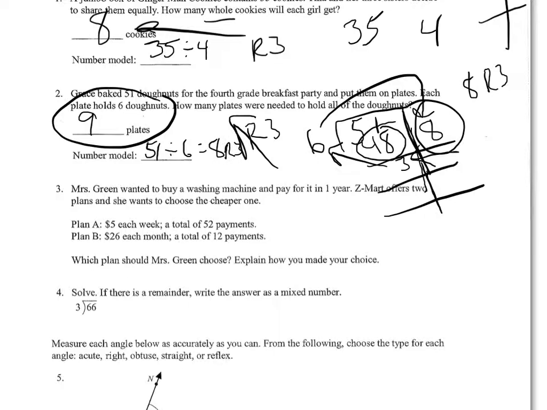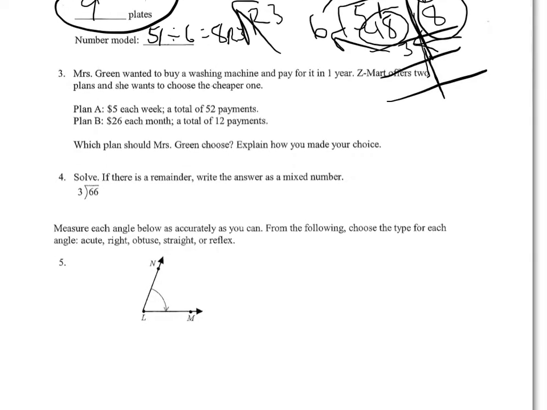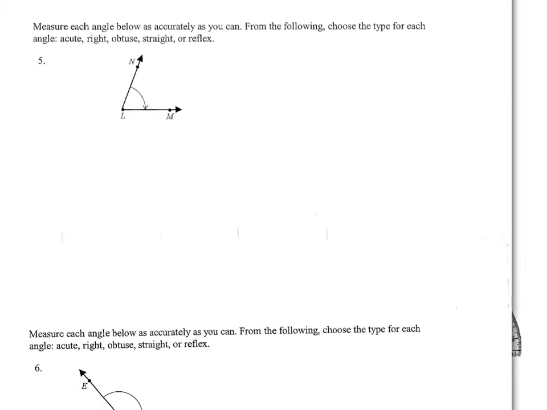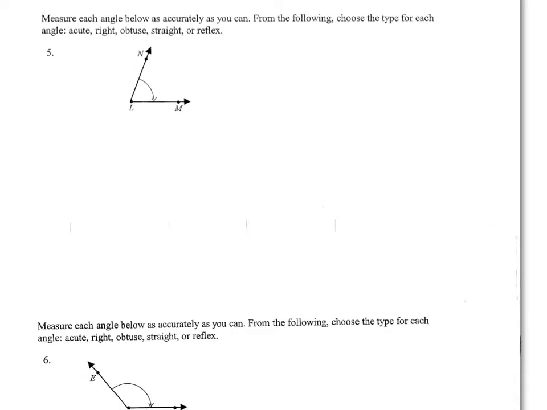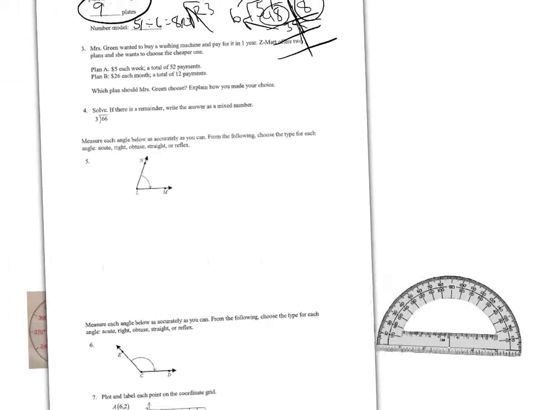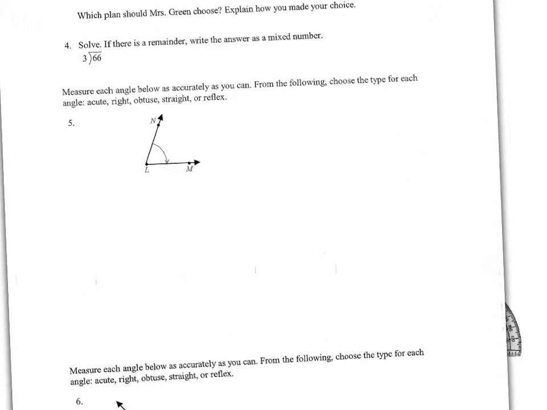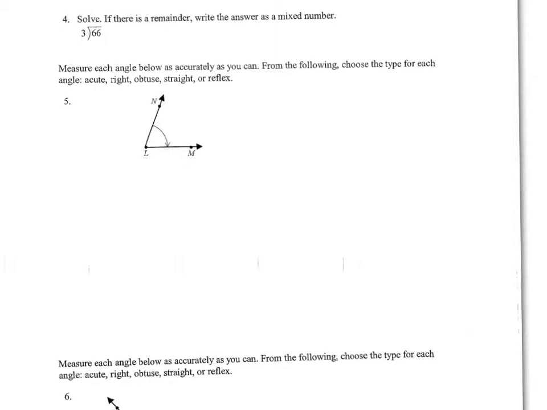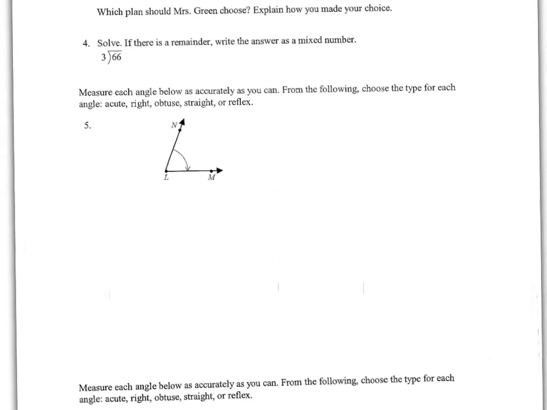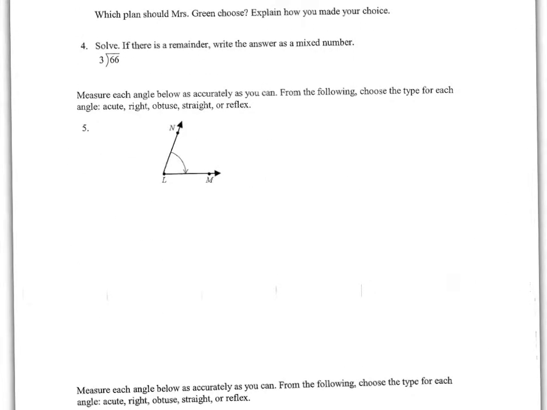Alright, we're going to skip 3, we're going to skip 4, and look at 5 so we can work on angles. It says measure each angle below as accurately as you can. From the following, choose the type of each angle: if it's acute, right, obtuse, straight, or reflex. Okay, remember,